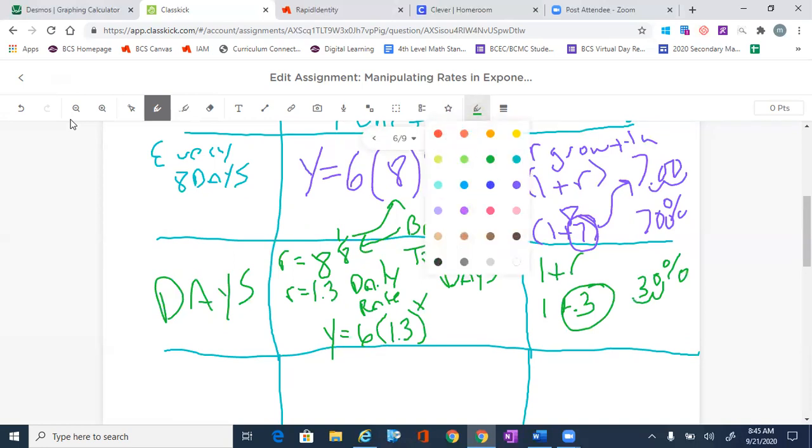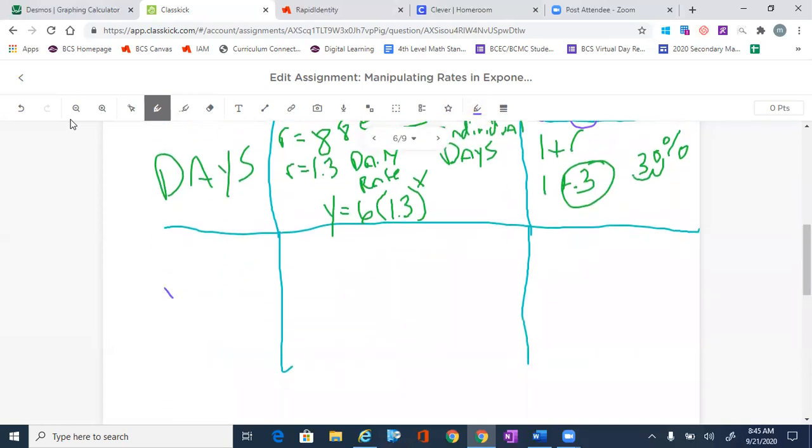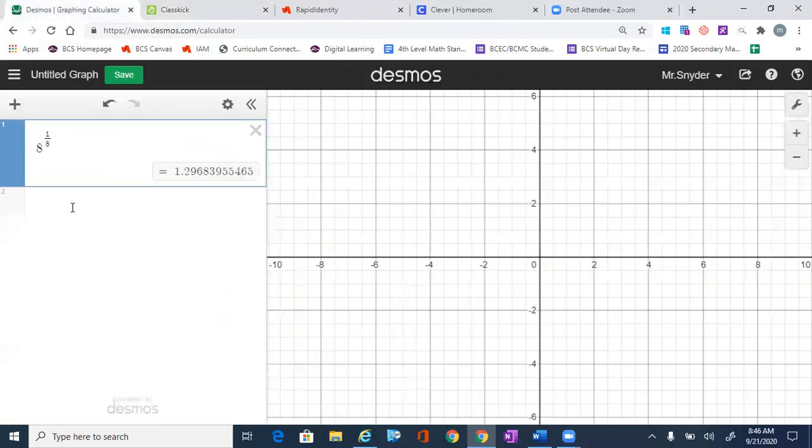Now we can keep going with this and we go to hours. Okay, so we take this daily rate, 1.3, and ask ourselves, what do I do to make it into hours? Well, how many hours are there in a day? There's 24, and I want one of those 24. So I'm going to type 1 over 24. When I go to Desmos, I'm going to type in 1.3 caret 1 divided by 24, and that gives me